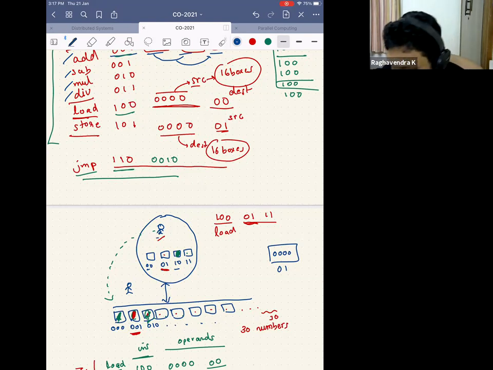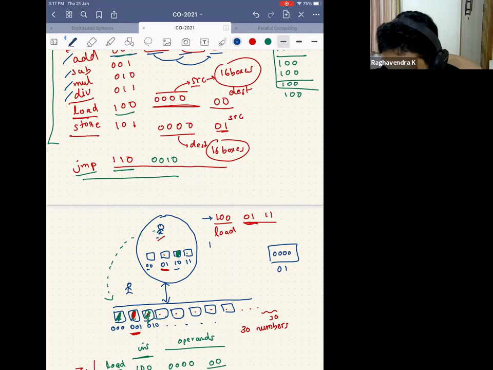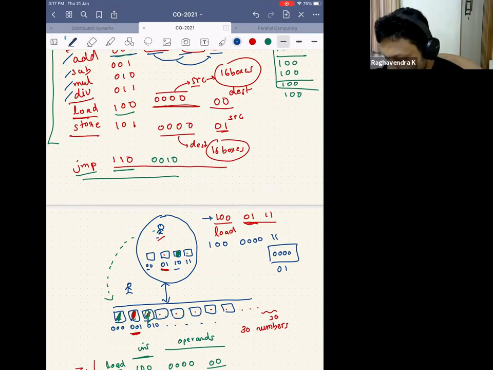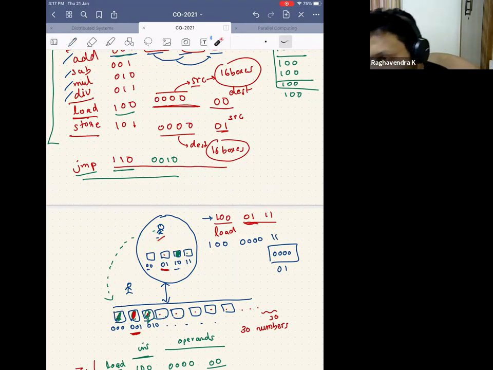He will not pass on this exact instruction to the girl. Can anybody tell me what he will pass on as instruction to this girl? What is there inside the box? Yes, right. So what will be the instruction that will be passed on to the girl? He'll say, hey, can you do this? So then whatever is there in 000 will be copied back to. Does everybody agree this is one way to solve what we have faced?